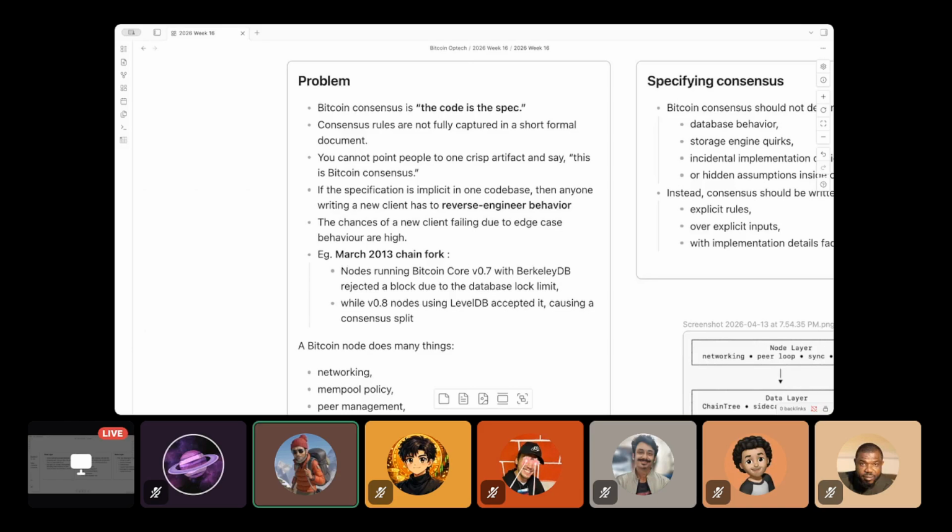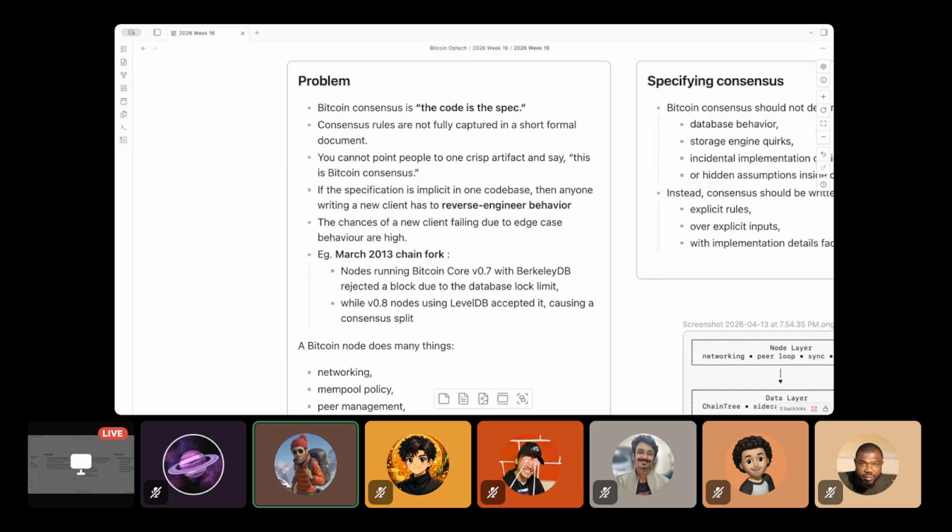So this lack of clear specification or modularity impedes alternate clients from being written or engineered.